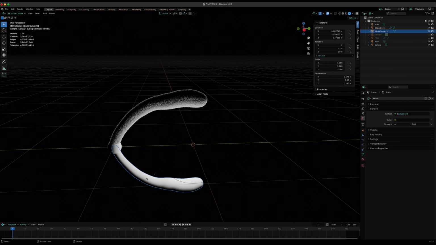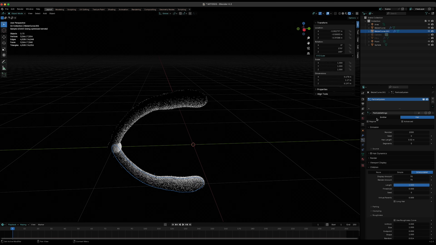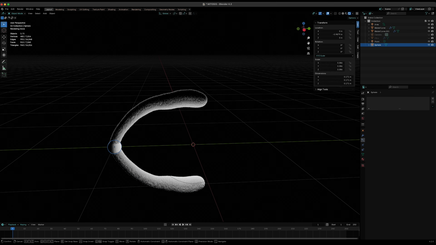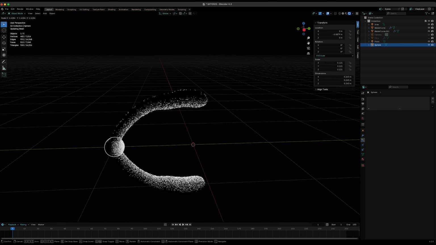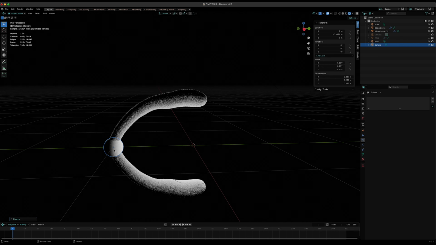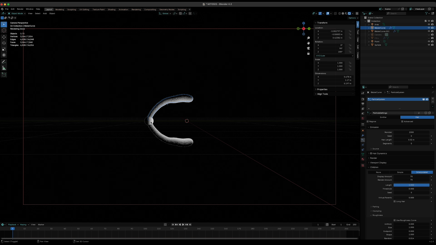And let's do the same for this. We don't need to repeat it. We can just add a particle system and then select the particle setting, the first one. So that would apply it. And then this circle here, we need to enlarge it. And you can give it any material that you want. So if we select these 3,